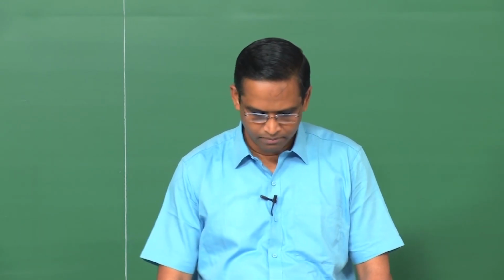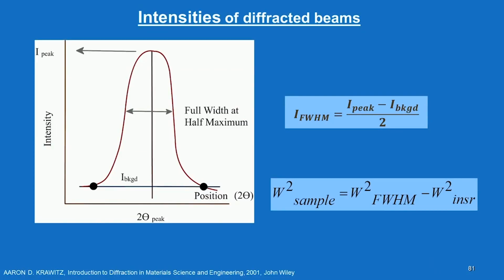So, look at this slide. This is a typical X-ray diffraction peak where you have a peak intensity as well as the integrated intensity, which is the area under the peak. Then we typically measure the full width at half maximum, and then this is the background. You have to subtract I background, and you have the intensity at full width at half maximum equal to I, that means intensity peak minus intensity